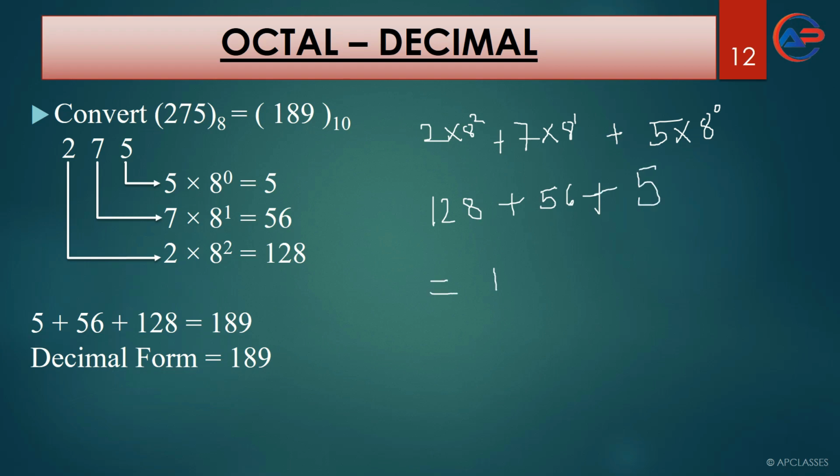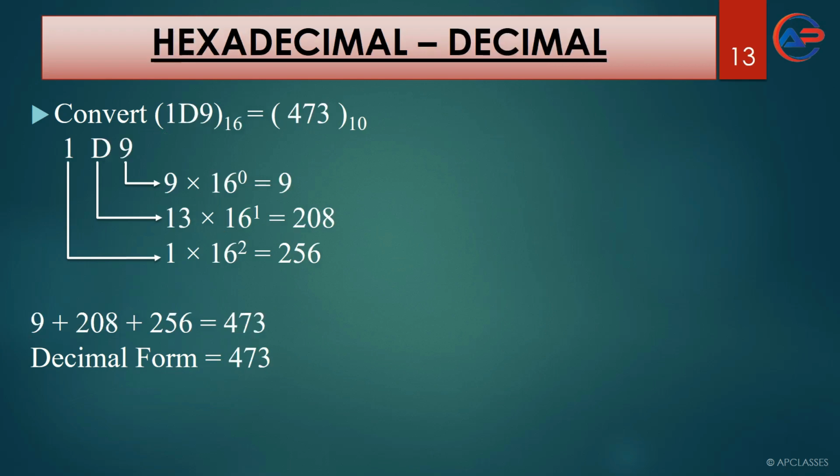answer is 189, in which format? Decimal format. So we are writing base 10. I hope this one is quite understood, and if you want to verify whether this 189 is correct or not, again divide it by 8, and you will get the same answer. Now if you want to convert a hexadecimal number to the decimal number system, and the question is given, look here,